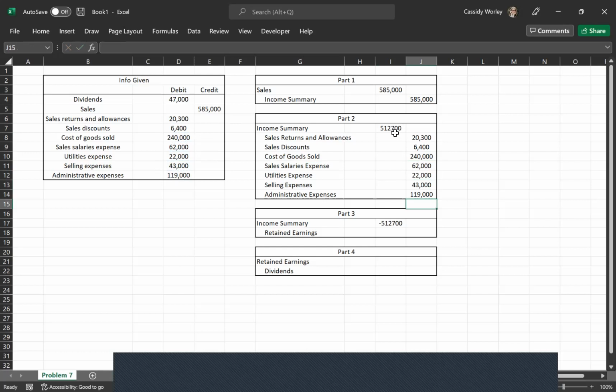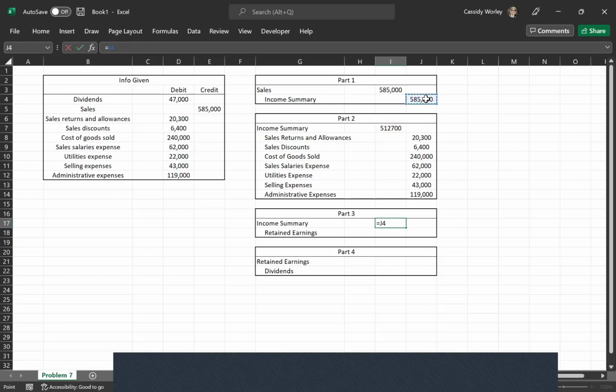Once we're done with that, we need to add them all up. I use the sum function in Excel to do this automatically. So we add them all up and that will get debited into the income summary. Now, I don't know why this isn't working, but